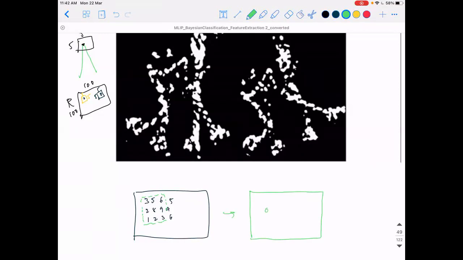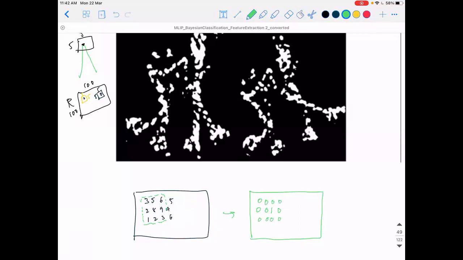If I apply non-maxima suppression in this window, where do you think I will get 1, and where may I get zeros? Can you please quickly comment? Yeah, please quickly comment, otherwise I will write. Where am I getting 1? Sir, when 9 is at center. That's all. So when 9 is at center, I will get 1, remaining all zeros.